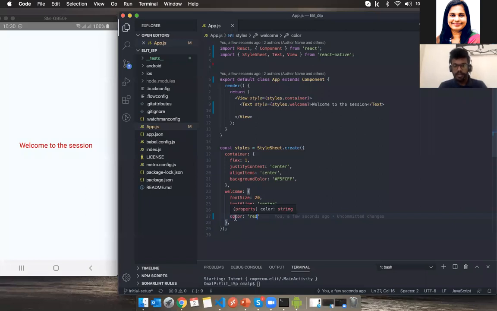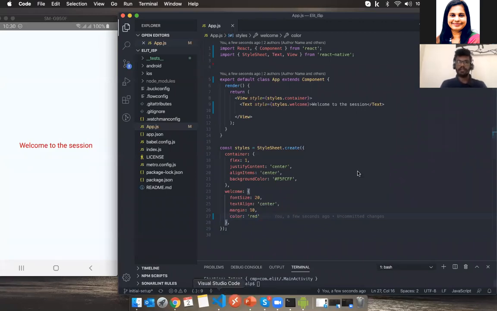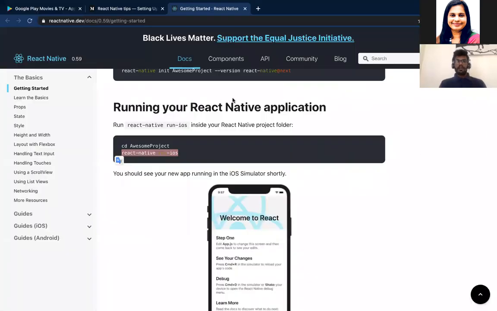For that, we should go to their documentation. All right, let's go to the documentation. So here is the documentation that we referred to a few minutes ago. There you can see another tab called Components.